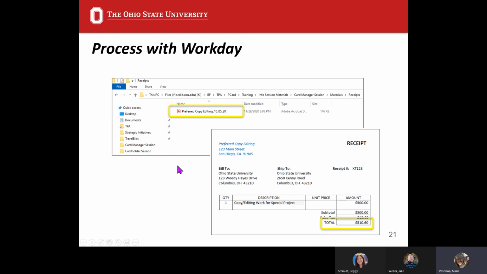Next, we'll make sure the receipt is scanned and electronically stored. In this case, we're peeking into our K drive to make sure we have the receipt to match the entry on our tracking log. Upon finding the receipt, we note that we took careful effort to name and date the receipt for ease of selection in Workday. Once we open the receipt, we make note that there should be a transaction to preferred copy editing for